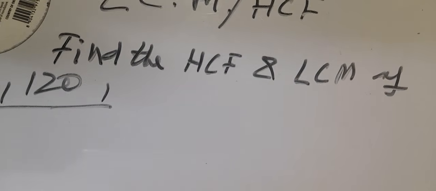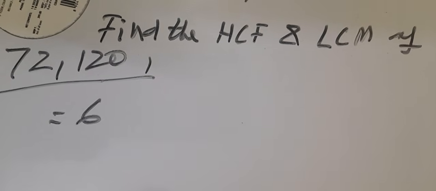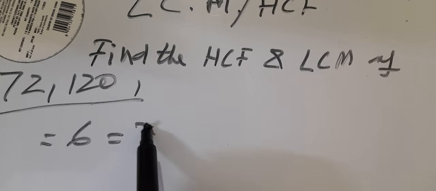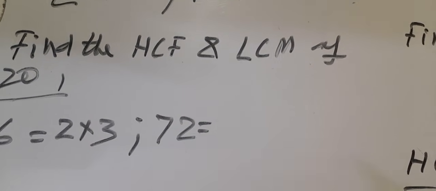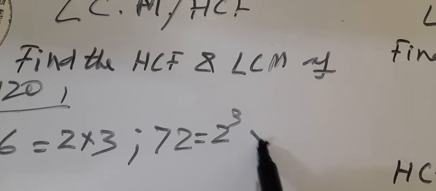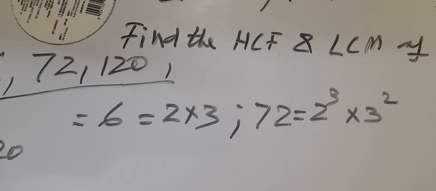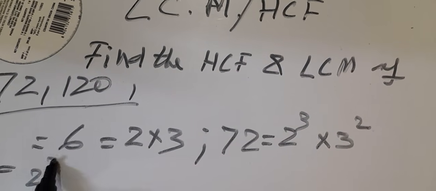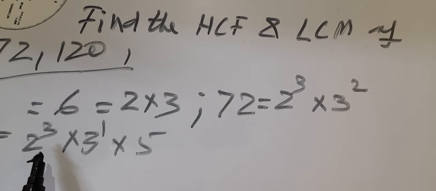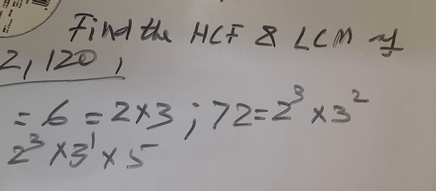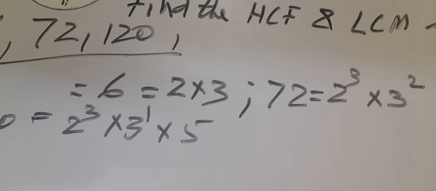6, 72 and 120. These are the three numbers. What is the factorization of 6? 6 equals 2 into 3, and 72 equals 2 to the power 3 into 3 to the power 2, and 120 is 2 to the power 3 into 3 to the power 1 into 5. 2 into 2 into 2 is 8, into 3 is 24, into 5 is 120. Here 2 to the power 1 and 3 to the power 1 are the smallest